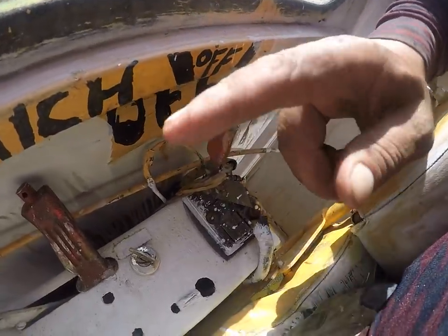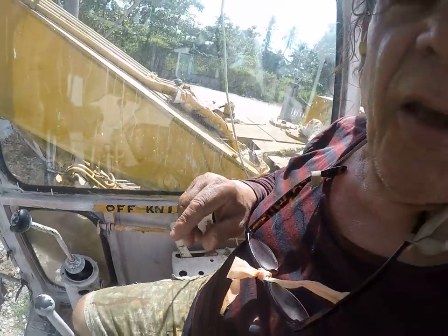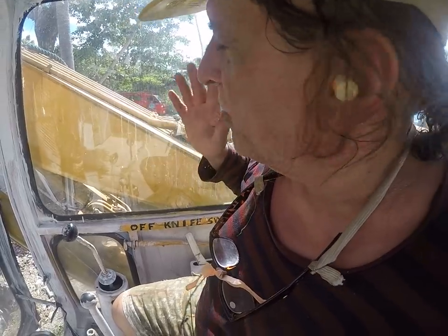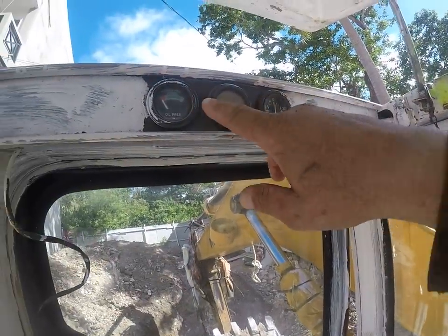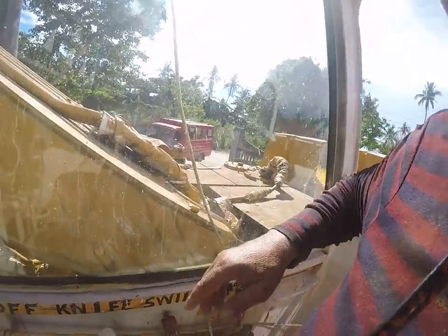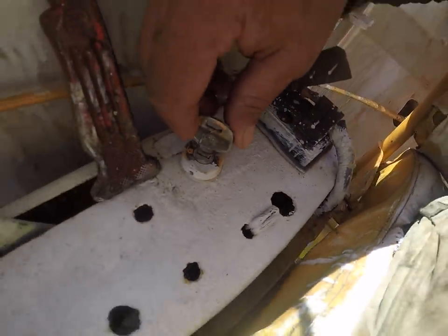This is called the knife switch. The knife switch gives power to the lights, to the alternator, and the gauges. That turns the power on the machine. The second thing is the key. The key